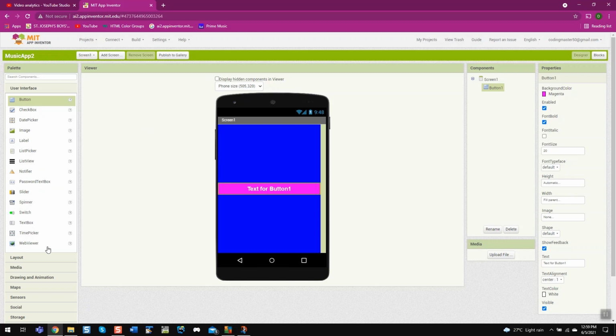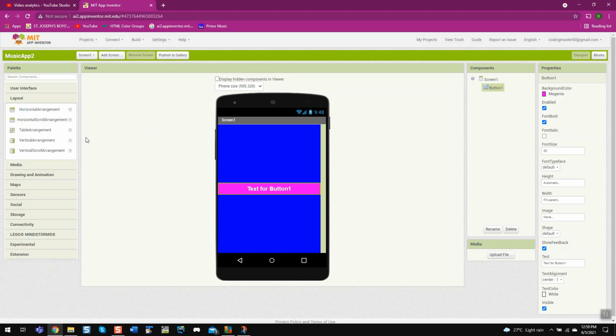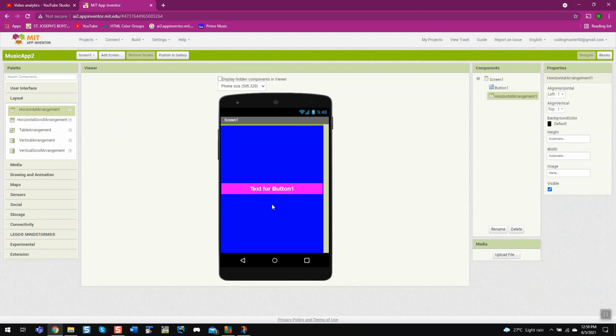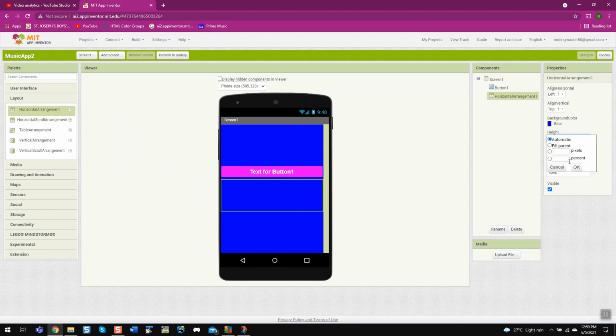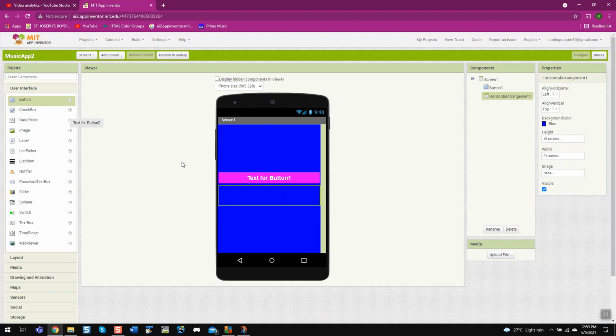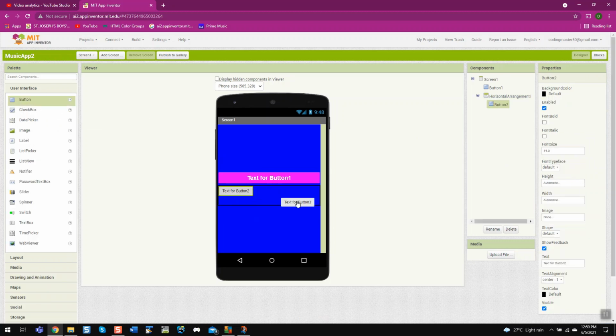And then put one horizontal arrangement on the main screen. Set its background color to blue. Set its width to fill parent and its height to 15%. Now put two buttons in here.